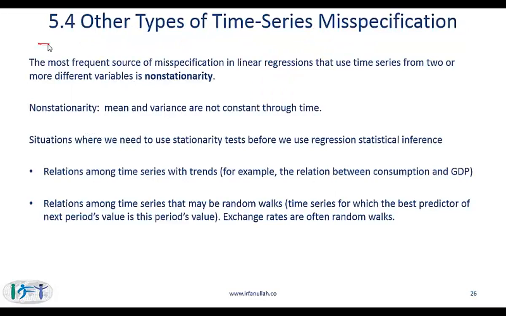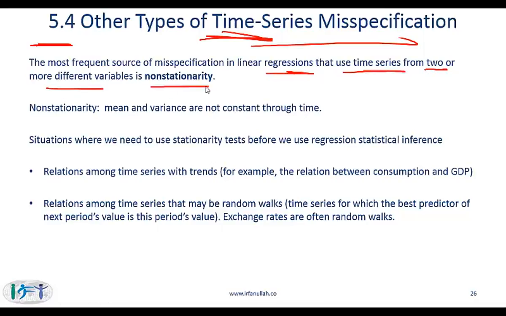Alright, we are getting close to the end of this. What are other types of time series misspecification? And just take this at a high level now, because this is covered in detail in the next reading, which is on time series. The most frequent source of misspecification in linear regression that use time series from two or more different variables is called